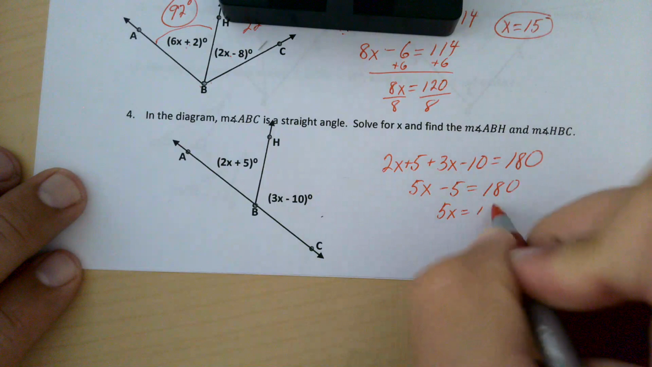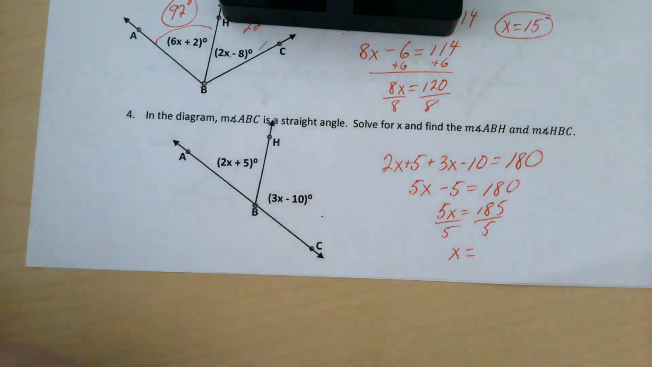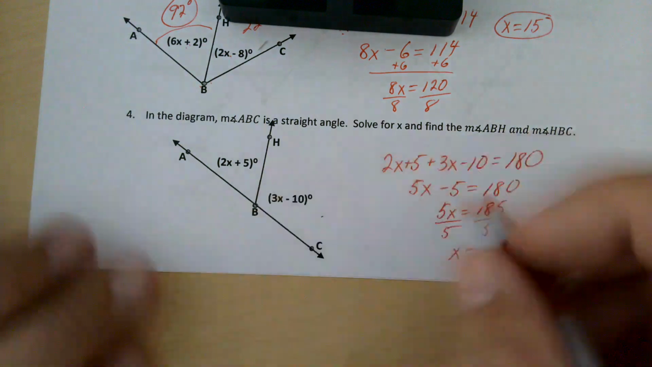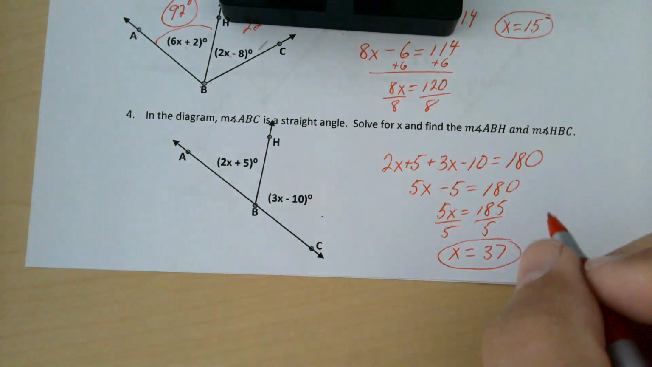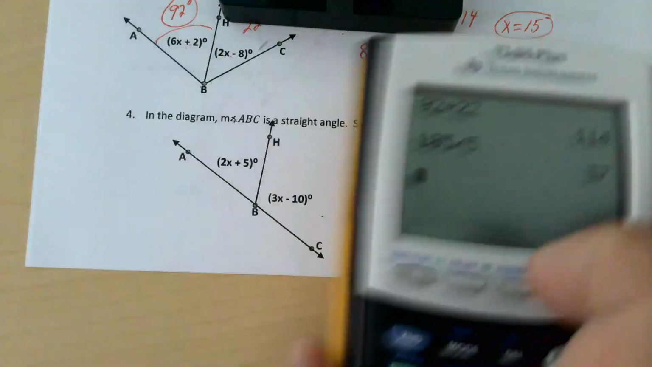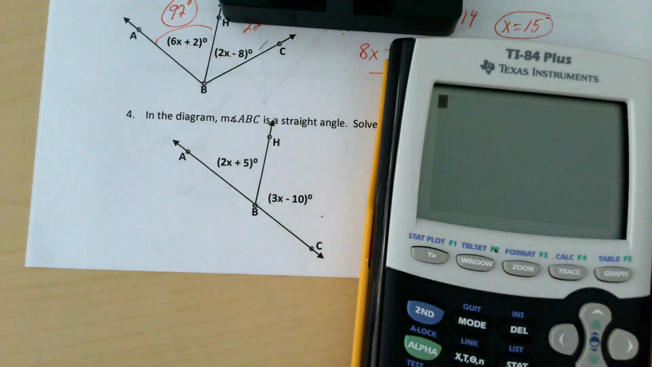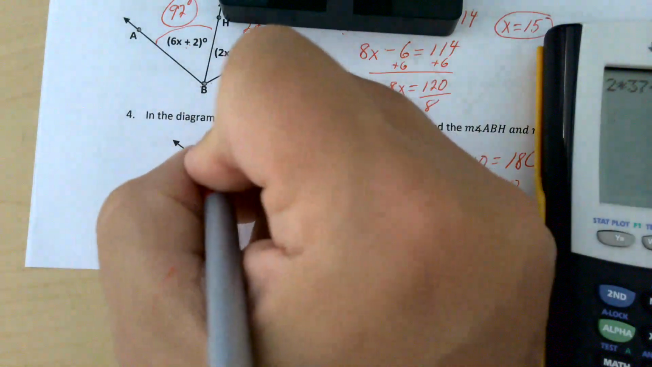Add 5 to both sides and divide by 5. So 185 divided by 5, that's going to give us a 37. And if x is 37, then it's really easy to take 2 times 37 plus 5. Know that this is 79 degrees,